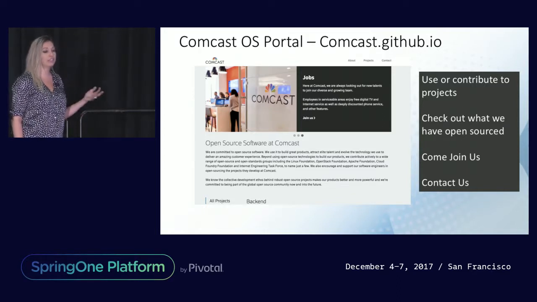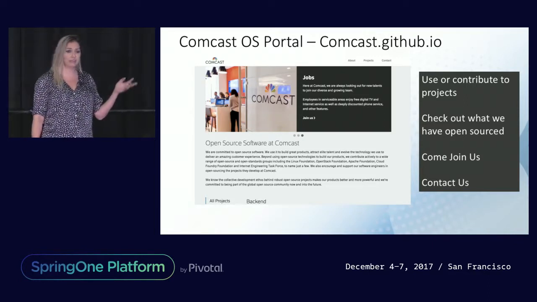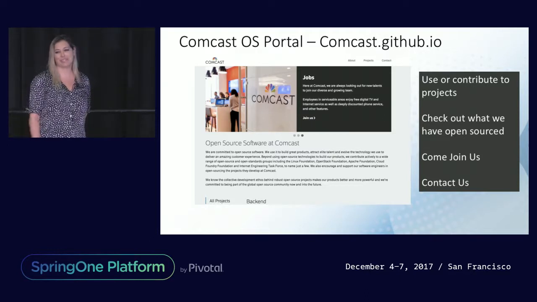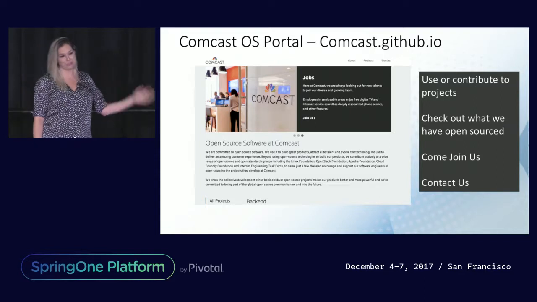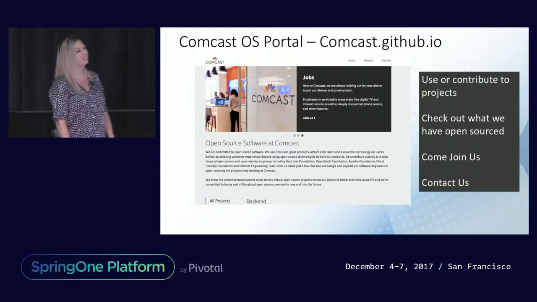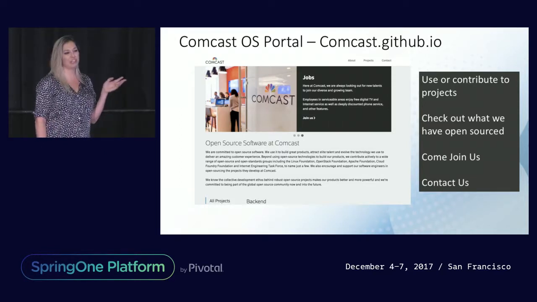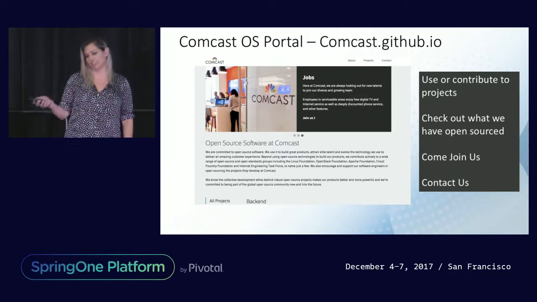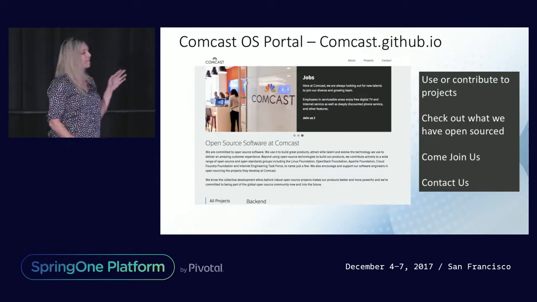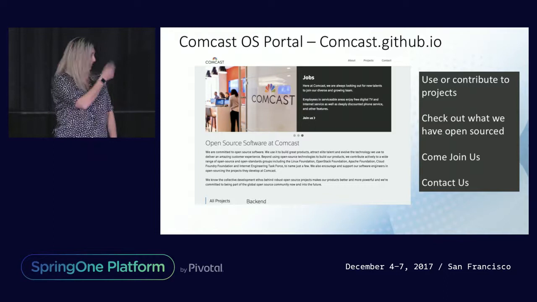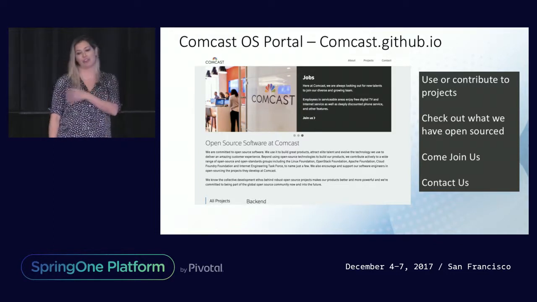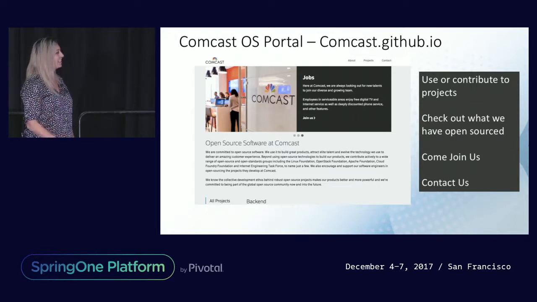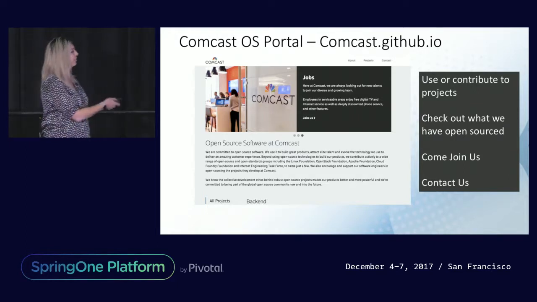We're actively looking for contributors for our projects. And so if anybody here in this room, feel free to jump on there. If you find something interesting that you want to work on, put in a pull request. They're very welcome. And also, this actual portal is open source too, so if you find anything you want to change, feel free to put in a pull request. But also, we have the open source jobs listed there. All the jobs that are being pulled from this portal, they're not just technical jobs, they're actually open source focused. And contact us. If you go to the contact us link on this portal, it'll actually go to our open source team. Nithya and I hang out on Twitter a lot, but if you don't find us there, feel free to reach out.